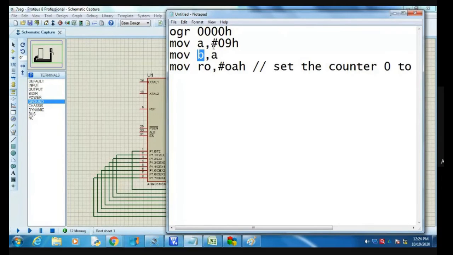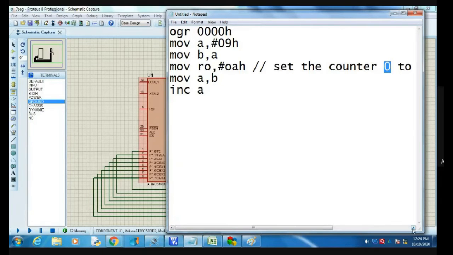Then we have to move the B register into the accumulator, then we have to increase the accumulator. Why? Because after 9, it again goes to the 0 part.